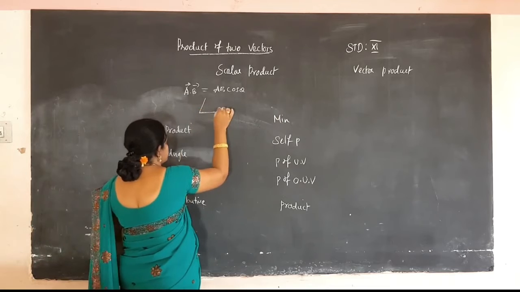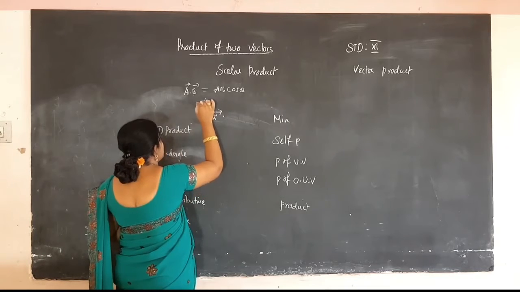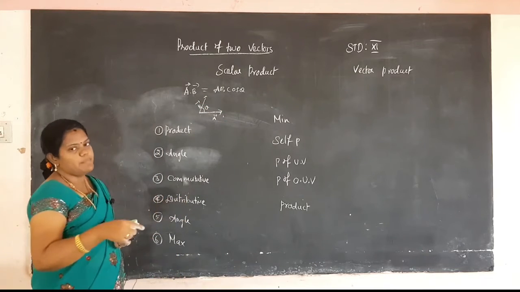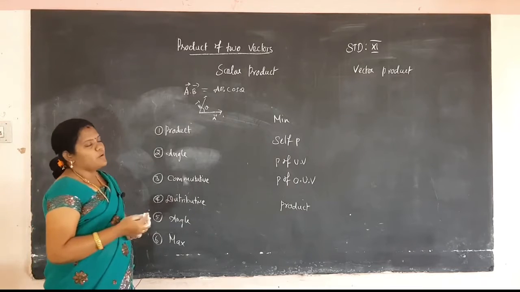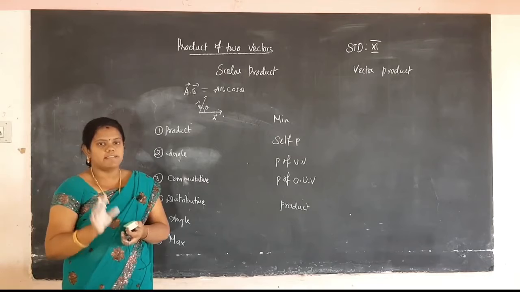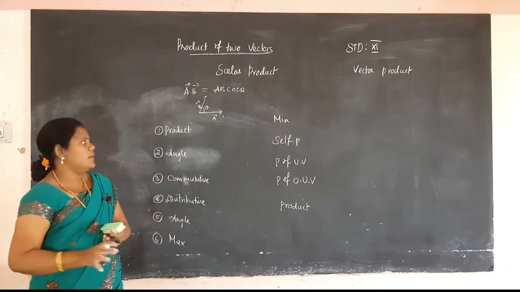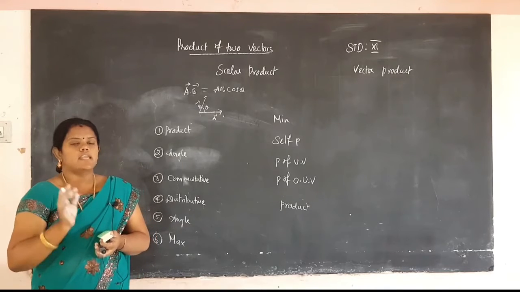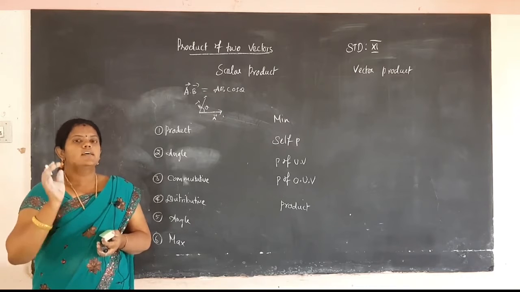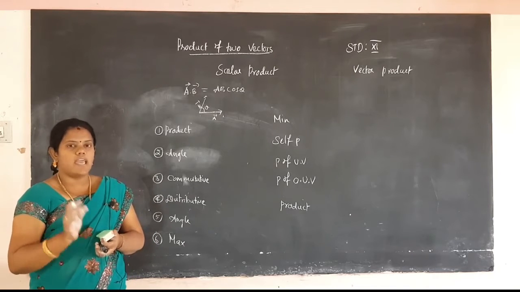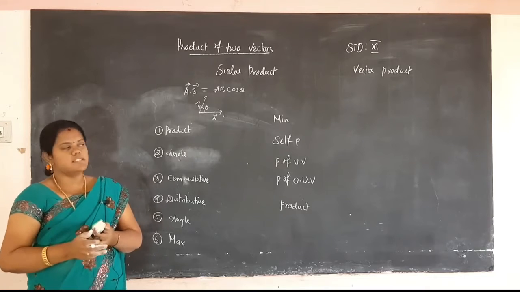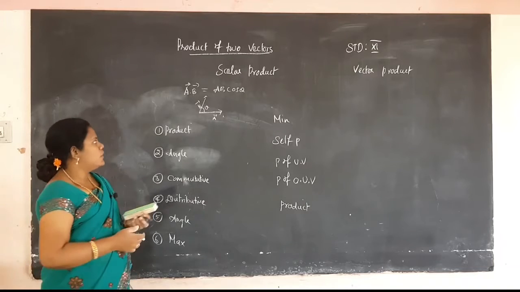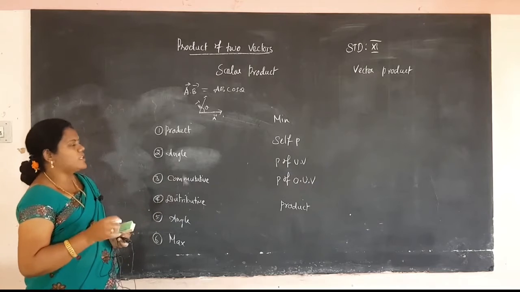Two vectors will be considered in a triangle, A vector and B vector. The product of the two magnitudes and the cosine of the angle between them is also a product. It will easily give the scalar product. So scalar product is nothing but A dot B is equal to AB cos theta. So how will you define the scalar product of two vectors? The scalar product of two vectors is defined as the product of the magnitudes of the two vectors and the cosine of the angle between them. This is a very important short answer and important detail also. A dot B is equal to AB cos theta.